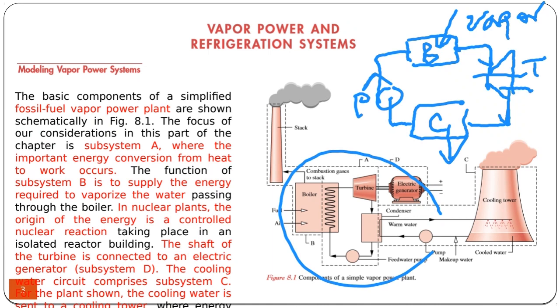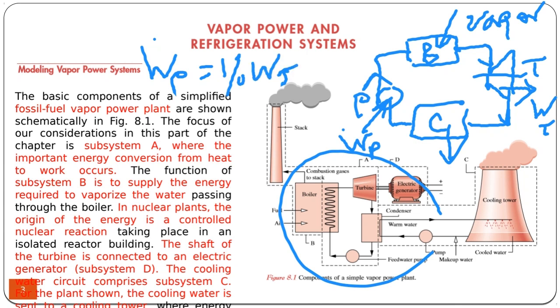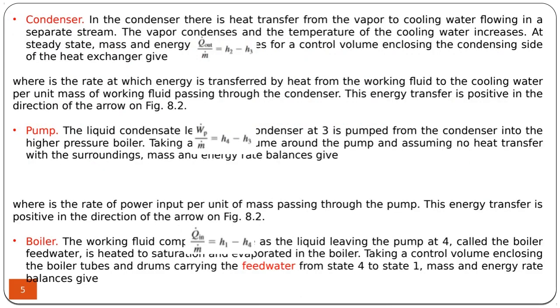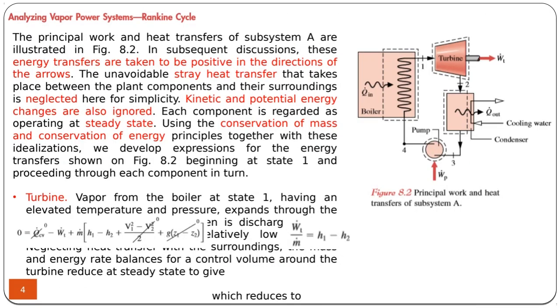In the turbine, we obtain turbine work, but in the pump, we need to put in some pump work, but pump work is usually only 1% of the turbine work. So it's a small amount of work, but we usually calculate it also. All the interactions are done by the enthalpy differences. So this is a typical simple